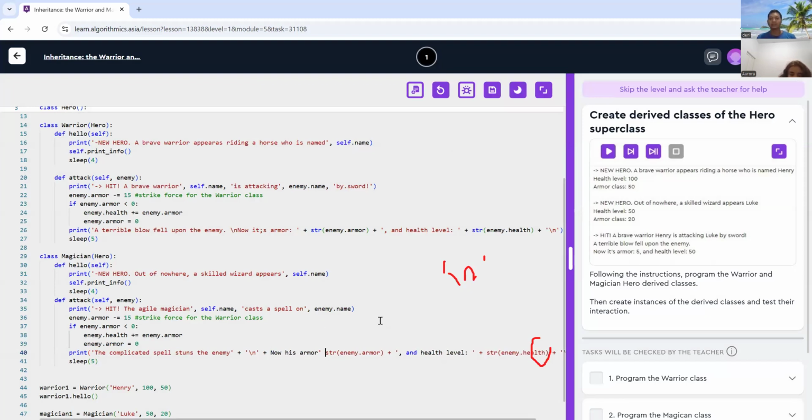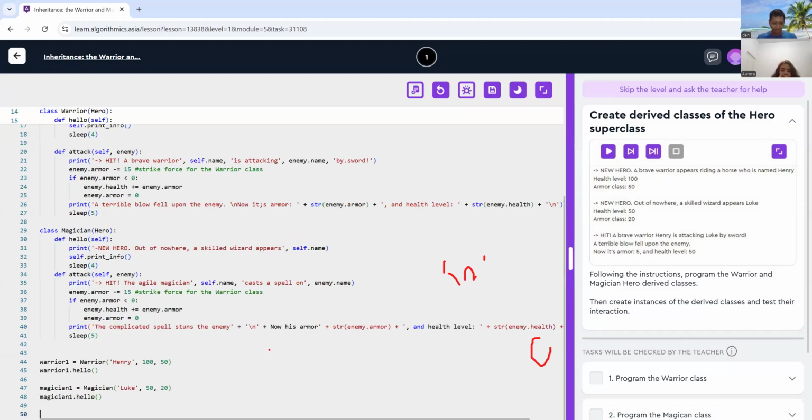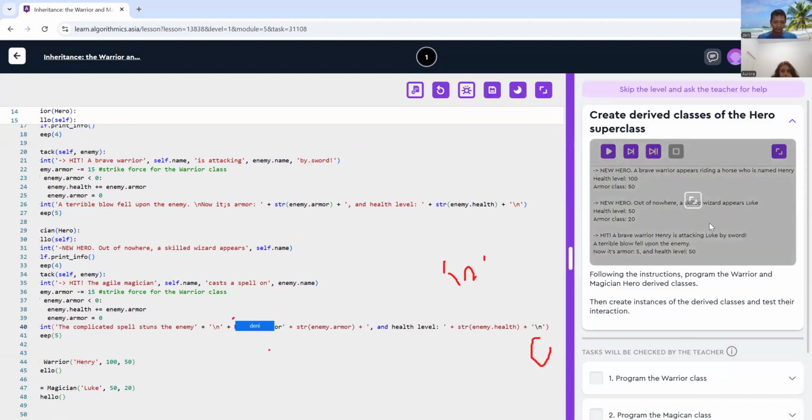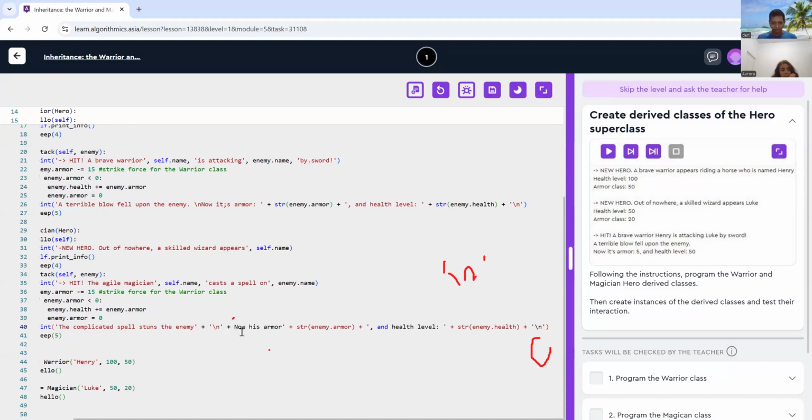The quote, the quote. Now his armor. Oh, here. Yeah. Okay. Let's start to create